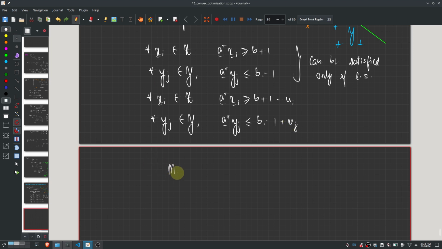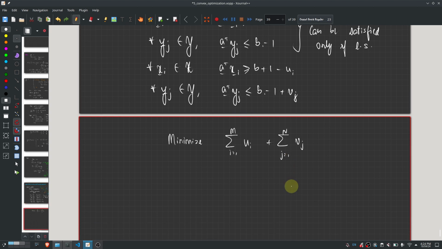We'll say that we want to minimize the summation i equal to 1 to m of u_i plus the summation j equal to 1 to n of v_j, subject to the following constraints: that A transpose x_i is greater than or equal to b plus 1 minus u_i for each element in X, and A transpose y_j is less than or equal to b minus 1 plus v_j